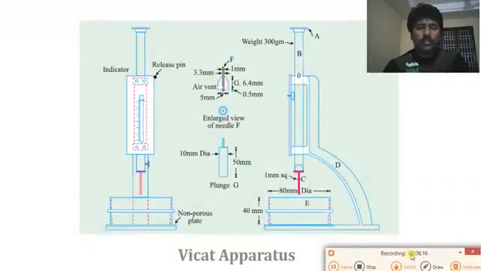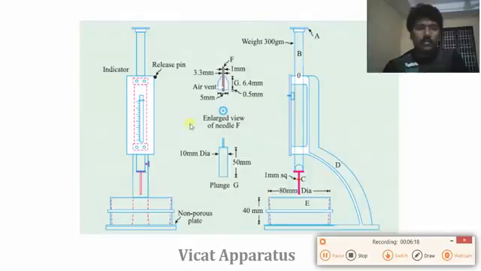See here once. Now this is actually a Vicat apparatus. You can see here very clearly, which I already explained. This is a movable rod, which is of 300 gram size, and this one is a frame, and then this is a mold, which is of 40 mm height and 80 mm diameter, and this one is a needle, which is of 1 mm square,